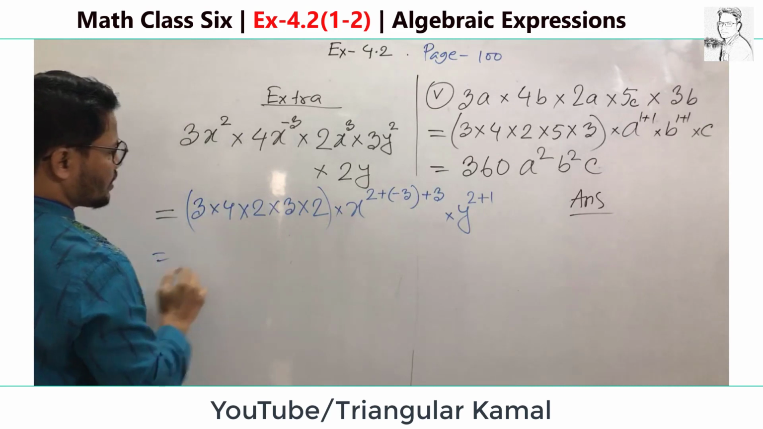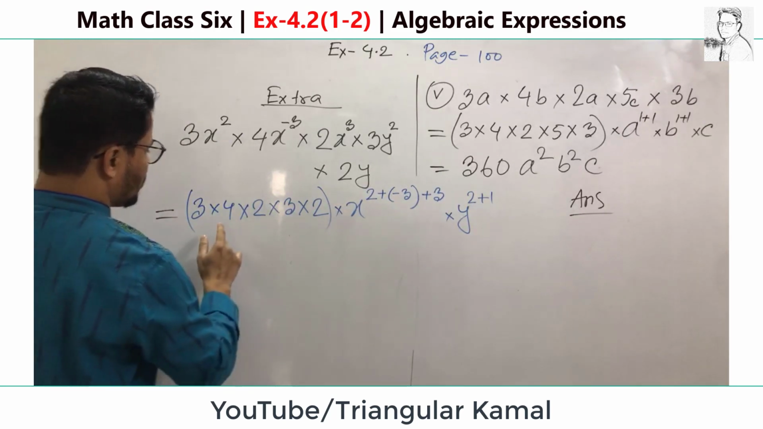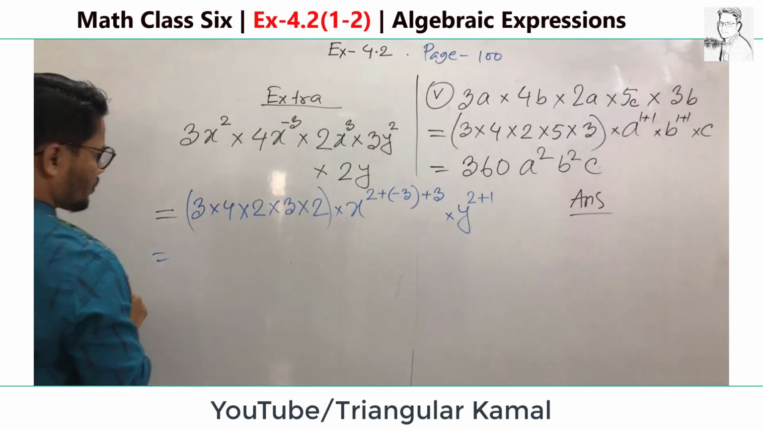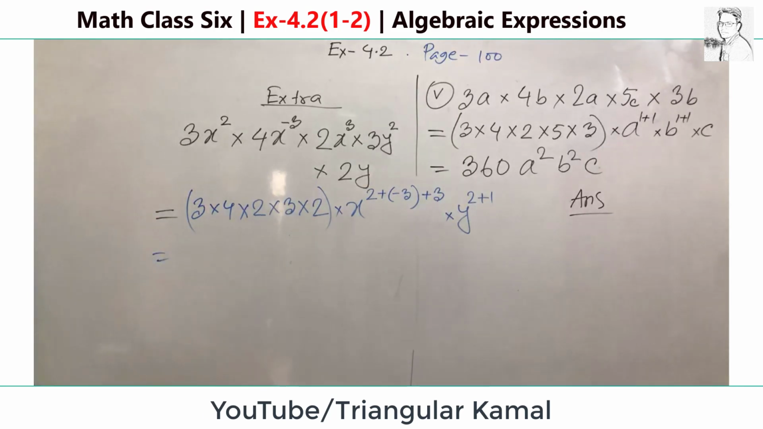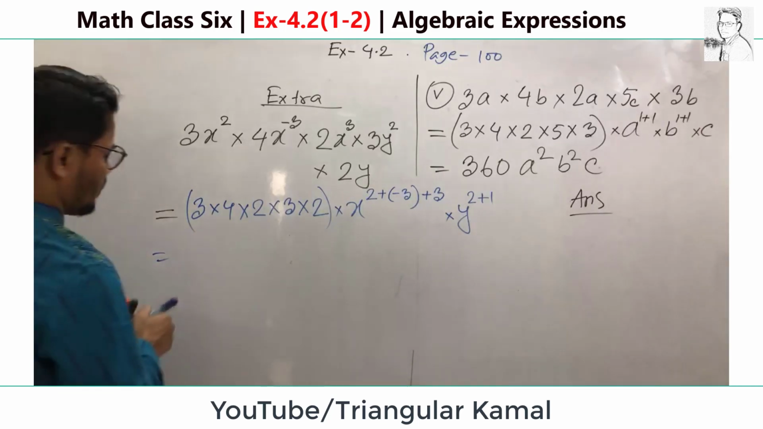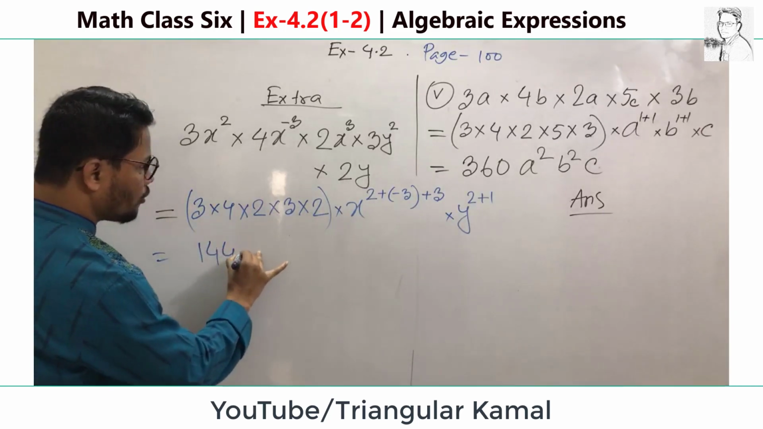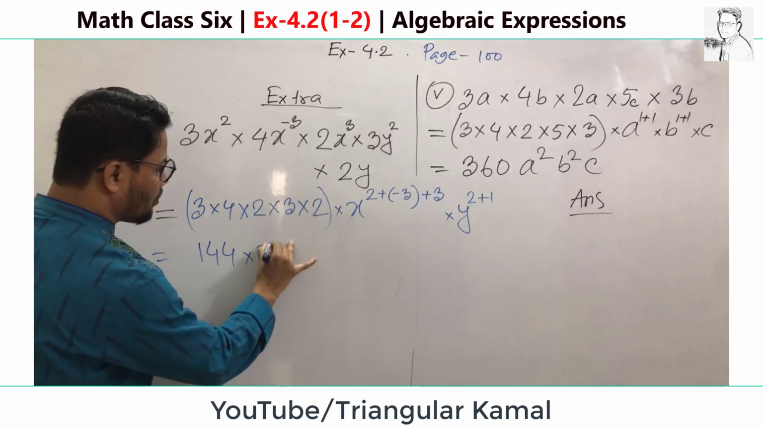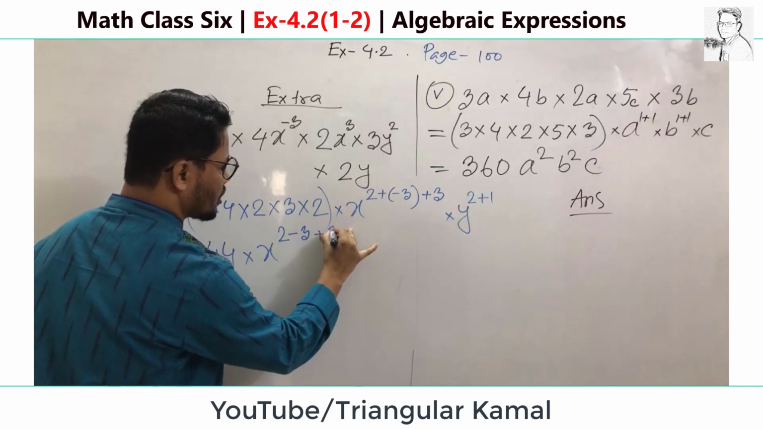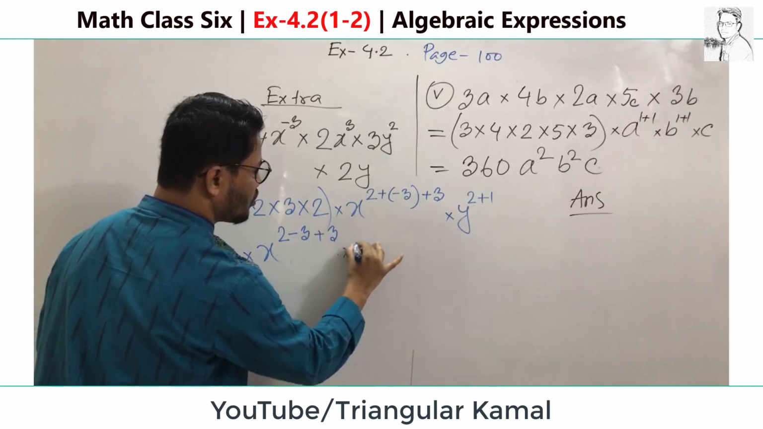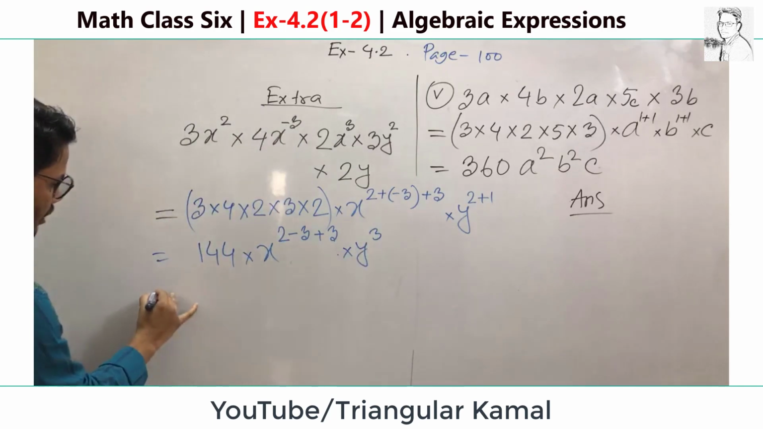3 times 2 is 6, 6 times 2 is 12, and 12 times 4 is 48, 48 times 3. This answer will be 144. This is 144 and x to the power 2 minus 3 plus 3 and then y to the power 3 and the answer will be